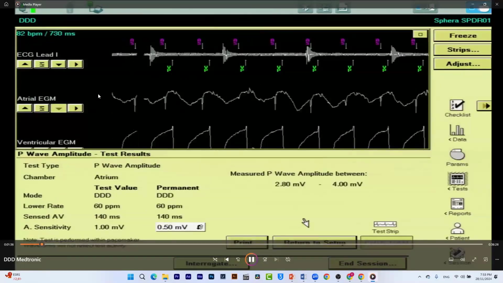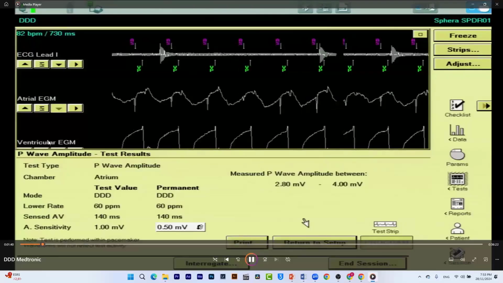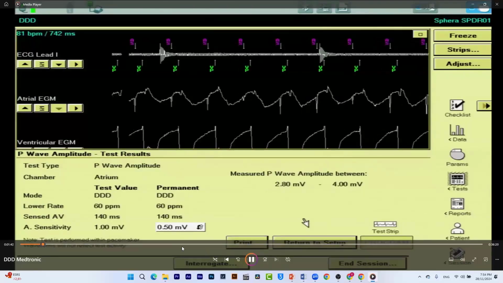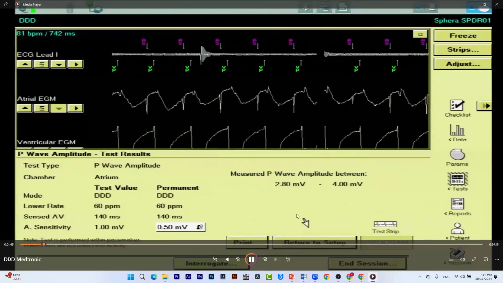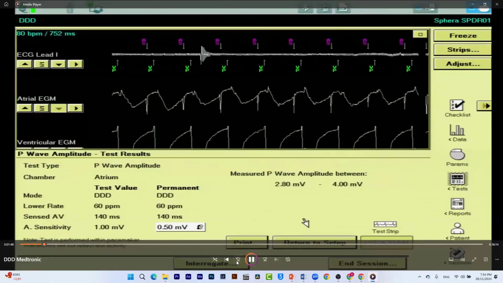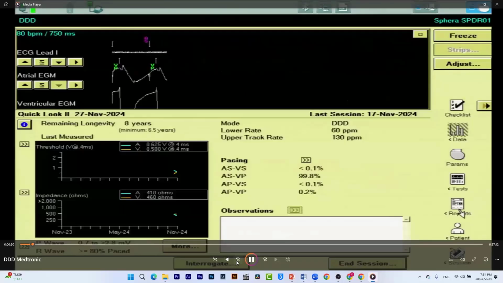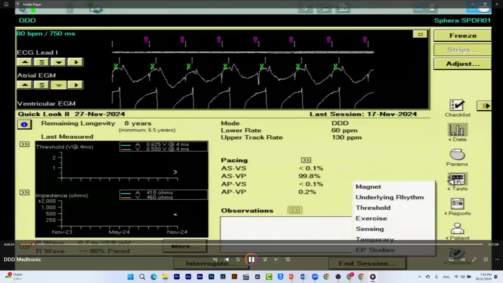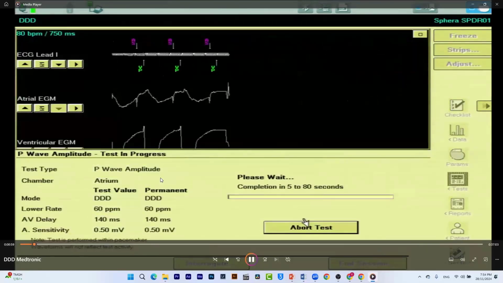Here I am adjusting this screen, making atrial EGM here and ventricular EGM here. Okay, and we are doing the sensing test now. Sensing, P wave,